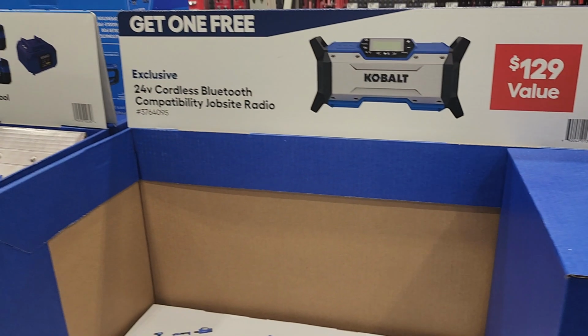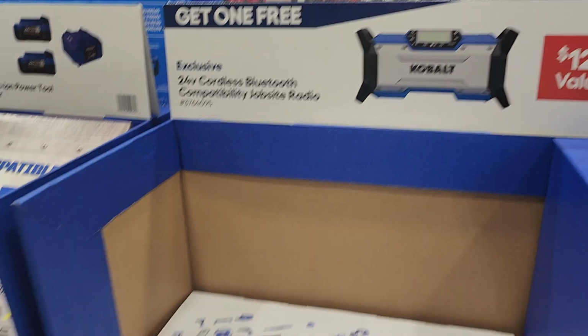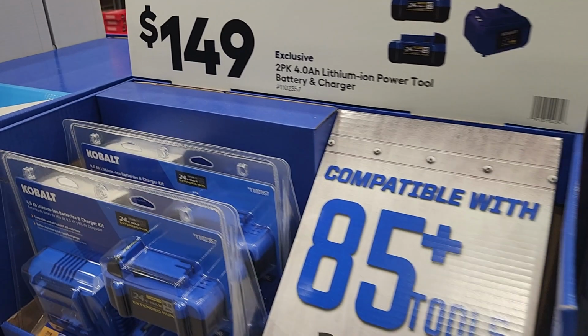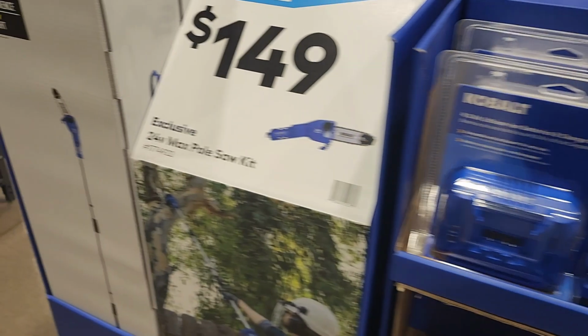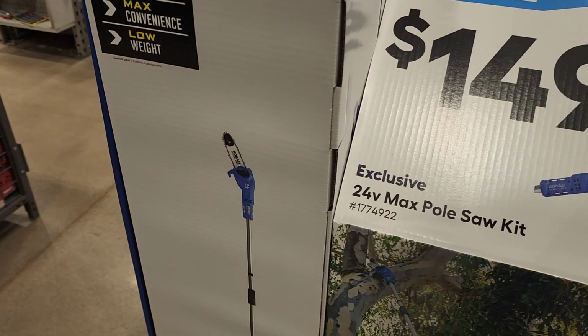You can select for the radio. I would definitely pick the radio. I think I might pick the radio. You got 2 batteries, 2 4-amp hour batteries, and a charger, 149. So you guys are able to buy this and then or buy the pole saw or the